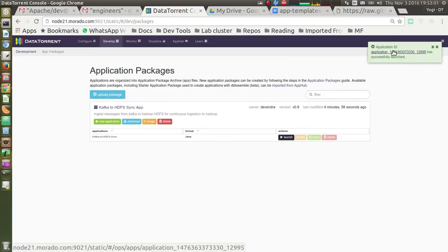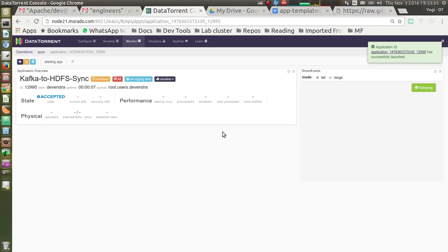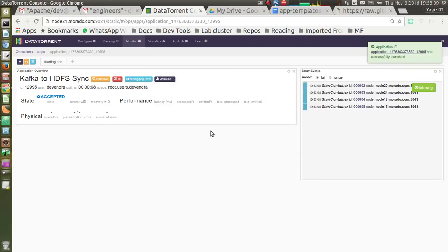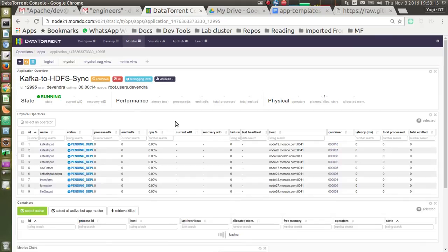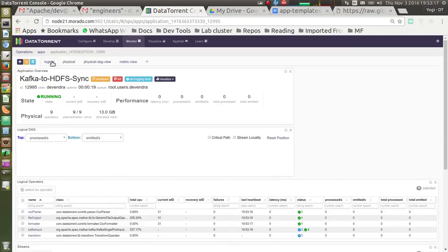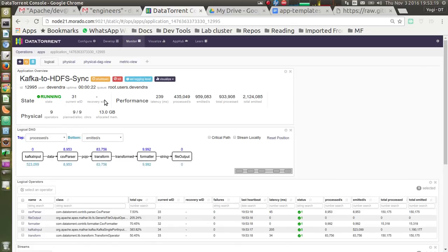So if I click on this application ID, it navigates to the page showing the details of this application instance. As we can see, there is a logical tab. We can see the application DAG over here.